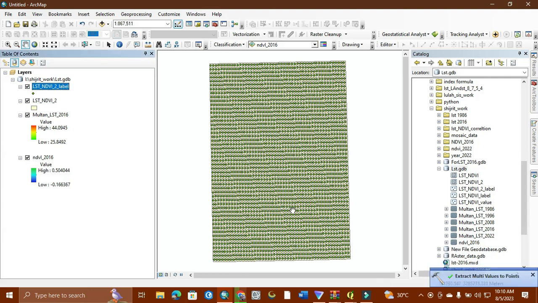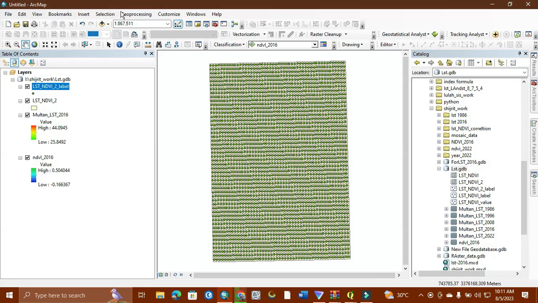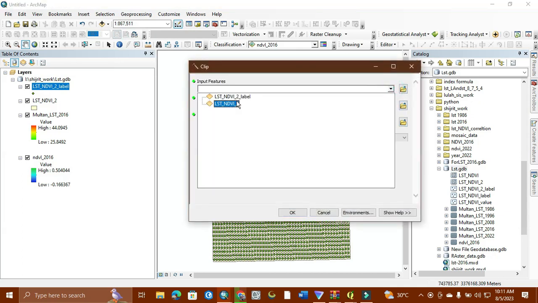Okay, so what is our third step? First I am going to show you, it will also show the null values. No problem. We just go to Geoprocessing, and here we will find a tool named Clip. This Clip will help us extract the values according to our need. So here we keep this